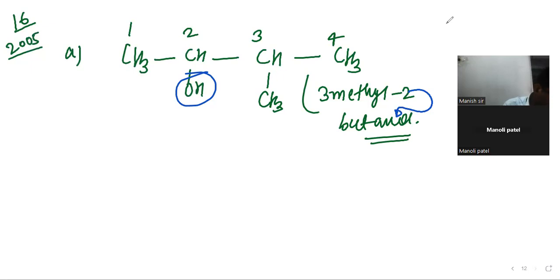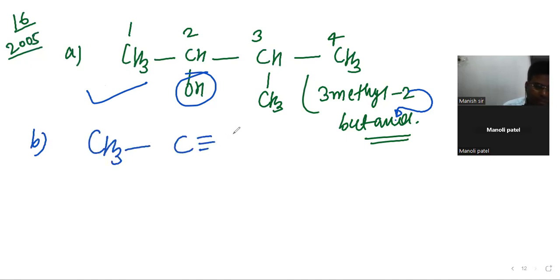It is asking which one is not correct. So this is the correct one, right? The 2 can be written here and outside also. This is correct, right? So next, C. Next is CH3, C triple bond C, CH. Here 2 methyl groups